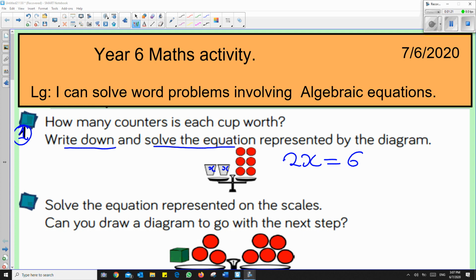How can we solve this? We can solve this by dividing by 2 both sides to get the value of x. So 2x divided by 2 is equal to 6 divided by 2. Cancel that and cancel that. We remain with x is equal to 6 divided by 2. You get the answer. So you're going to write your answer here. x is equal to